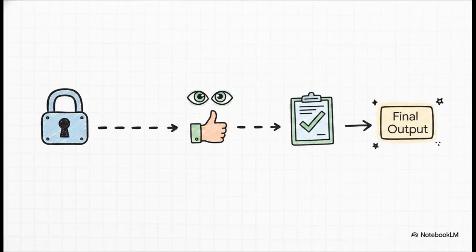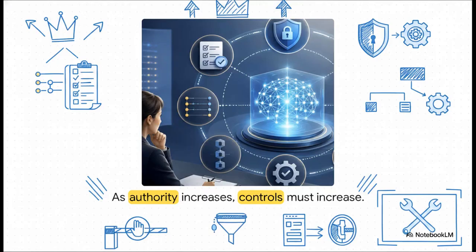You have to force a distinction between merely preparing a draft and executing an approved action. Preparing the plan, that's just text generation. But sending it is an action that requires strict identity authorization, clear tool permissions, mandatory human approval before the send button is clicked, and detailed logging so we have a paper trail. You also need clear evaluation metrics, escalation protocols, and robust rollback plans if things go sideways. This reveals a golden rule for the whole ecosystem. As authority increases, controls absolutely must increase.